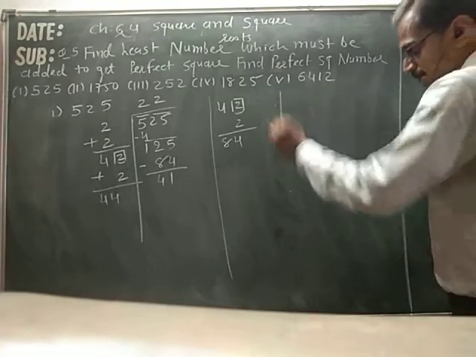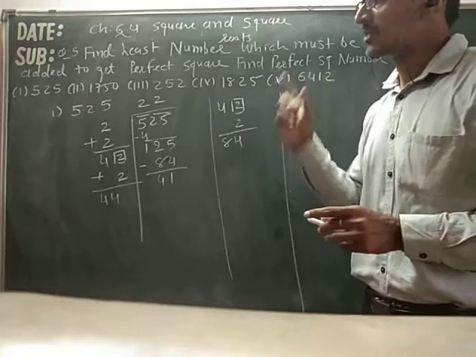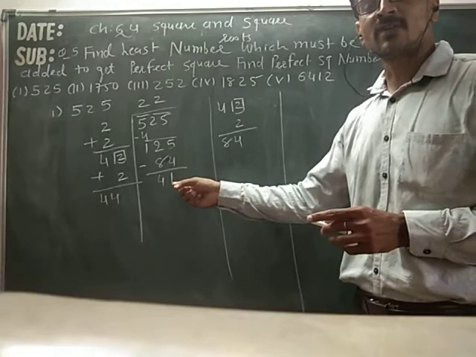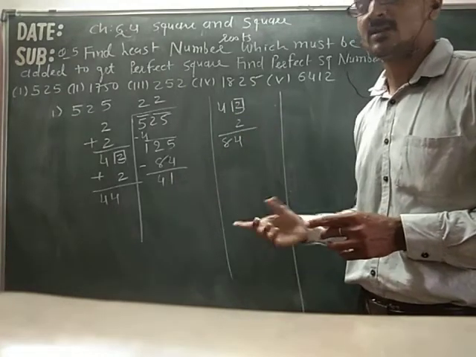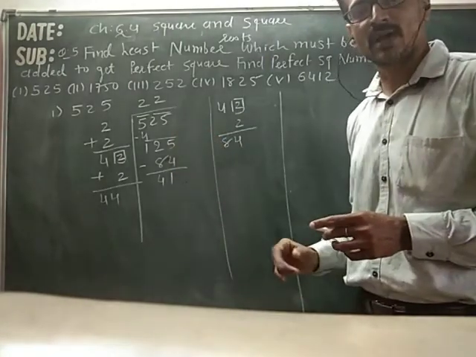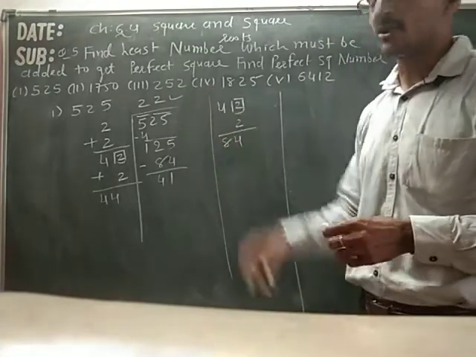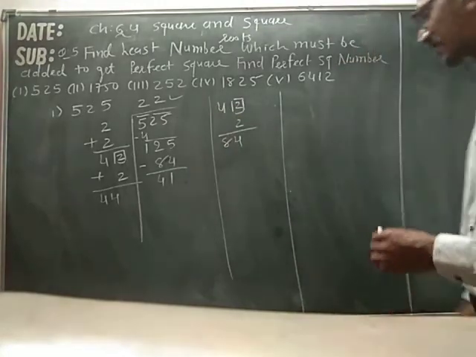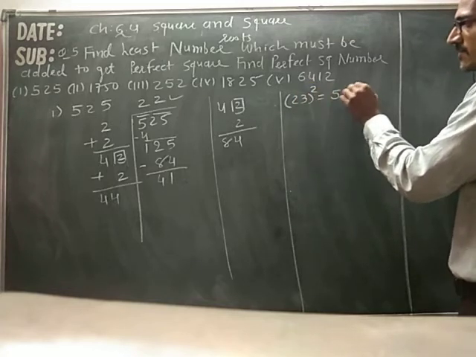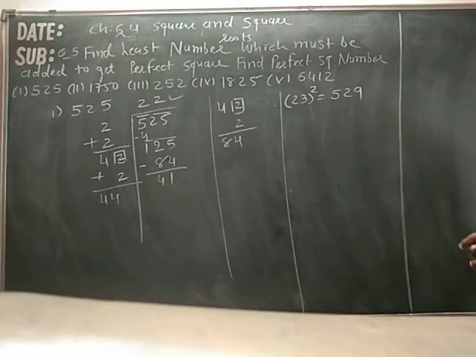Now what will we do? See, here the method is a little bit different. In question number 4 we wanted to find a perfect square number by subtracting a least number. So in that question we subtracted the remainder. But here that will not work, we have to add. We'll take help of the quotient. So after 22, which number comes? 23. So we'll take the square of 23. We know it is 529. You can multiply 23 by 23 to get the square of 23.